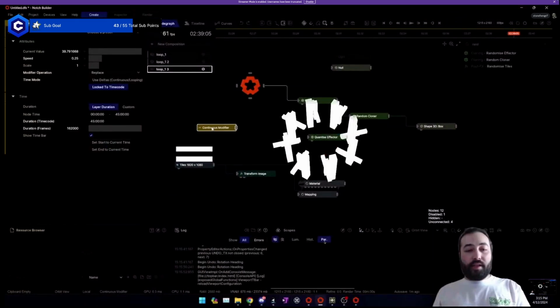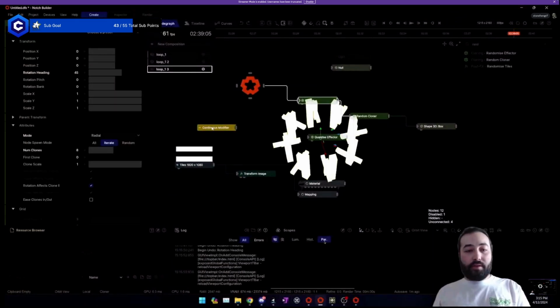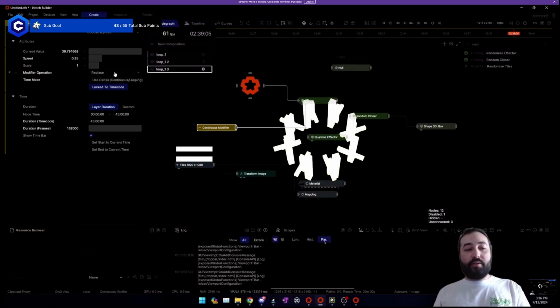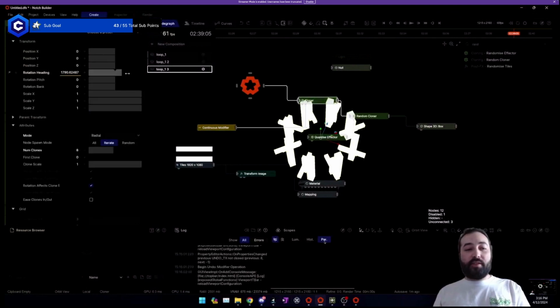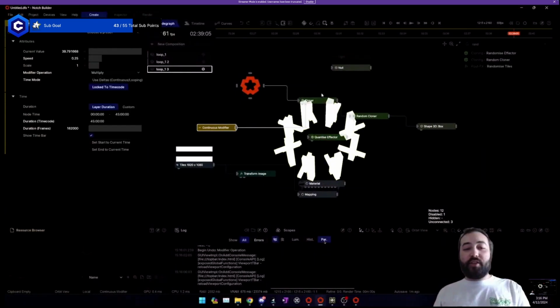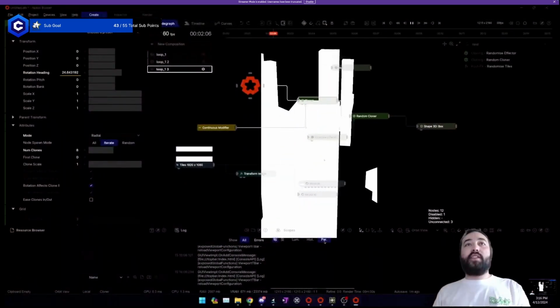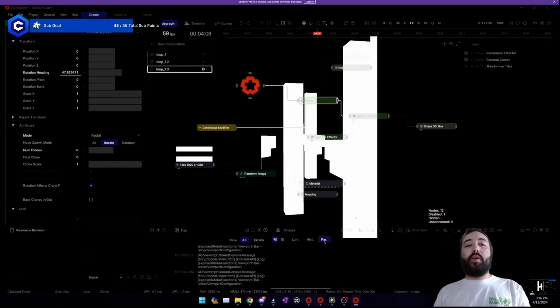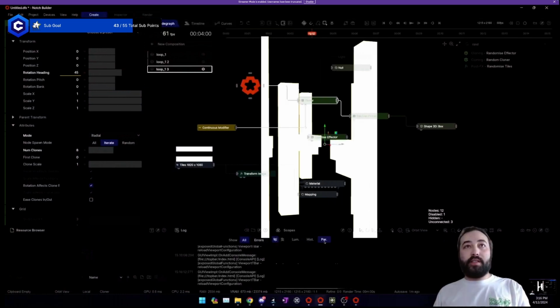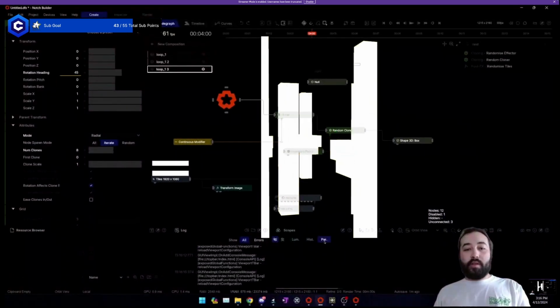And then on the continuous modifier, we're going to plug this in. And when you plug it in like this, I can set it so it's just going to multiply. So instead of just replacing the value for what the heading is, it's actually going to multiply it. So now every 4 seconds, it should hit that exact same point. So it should be a perfect loop. So if I go to 4 seconds here, then I go back to the beginning, yeah, it is a perfect loop. So that's cool.